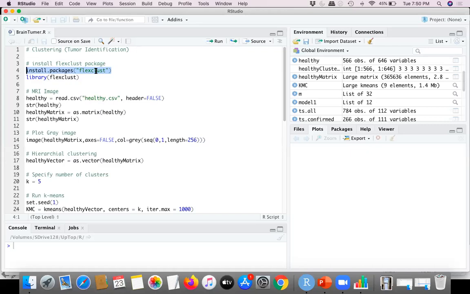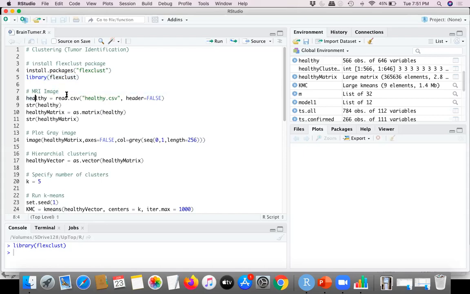You should have an active internet connection, because this package gets installed from the CRAN repository. Next, we need to load the library, flexclust. This is the run button. I just hit run, and now the library has been loaded.